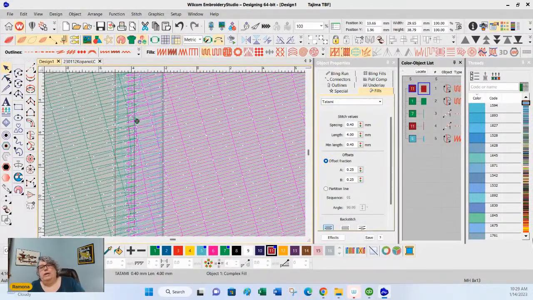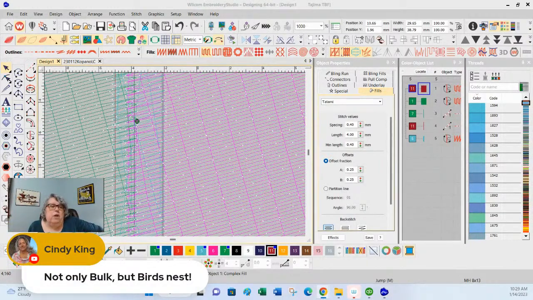Cindy says not only the bulk, but the bird's nest. If you get so many stitches in one place and the needle makes that chunky sound trying to get through everything, the needle coming up is going to leave more thread and it's going to get all tangled up under there.